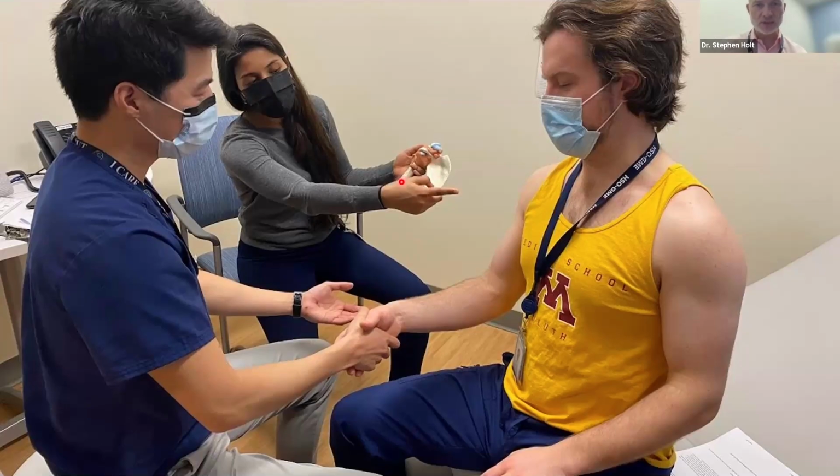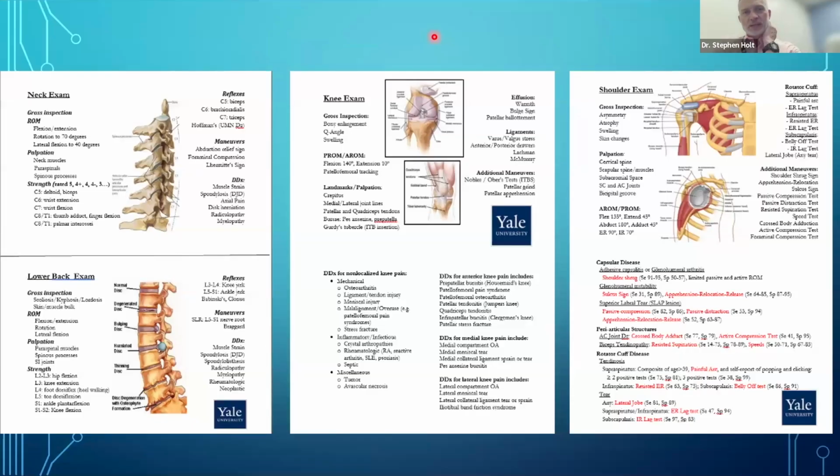We had lots of joint models, of course, to help facilitate teaching some of the anatomical correlation as we go through. In addition, we made laminated cards, and this is just a picture of three of the laminated cards. On the left-hand side here, the front of the card is the neck exam. The back of the exam card is the lower back exam. We would have these printed off. I tend to make about 100 per year of each one.